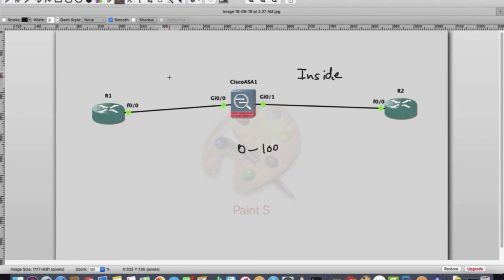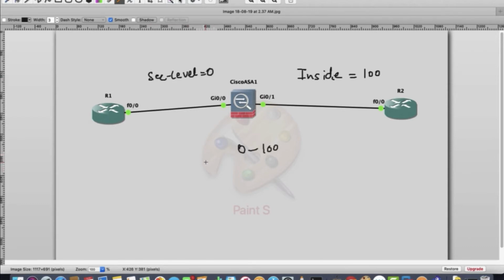We know that any interface which is connected to the internet, we will make it outside because it is highly insecure. Inside is a reserved name. So once you define the name as inside, the security level will automatically be set to 100. And any other name like outside, DMZ, whatever, will have a security level of 0.